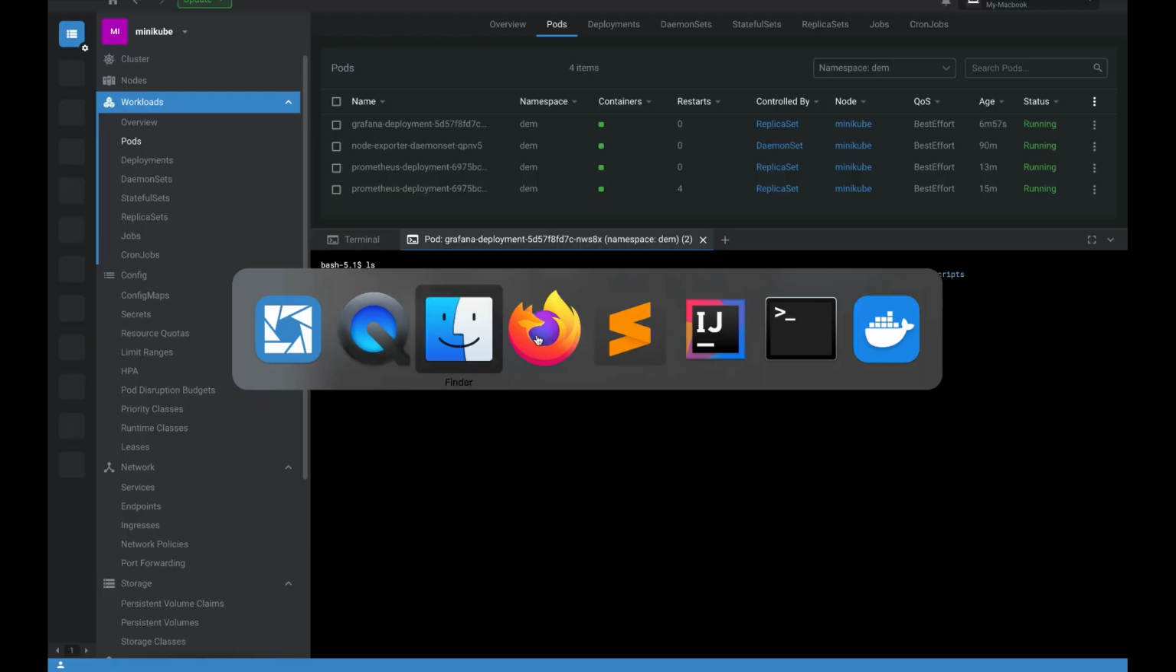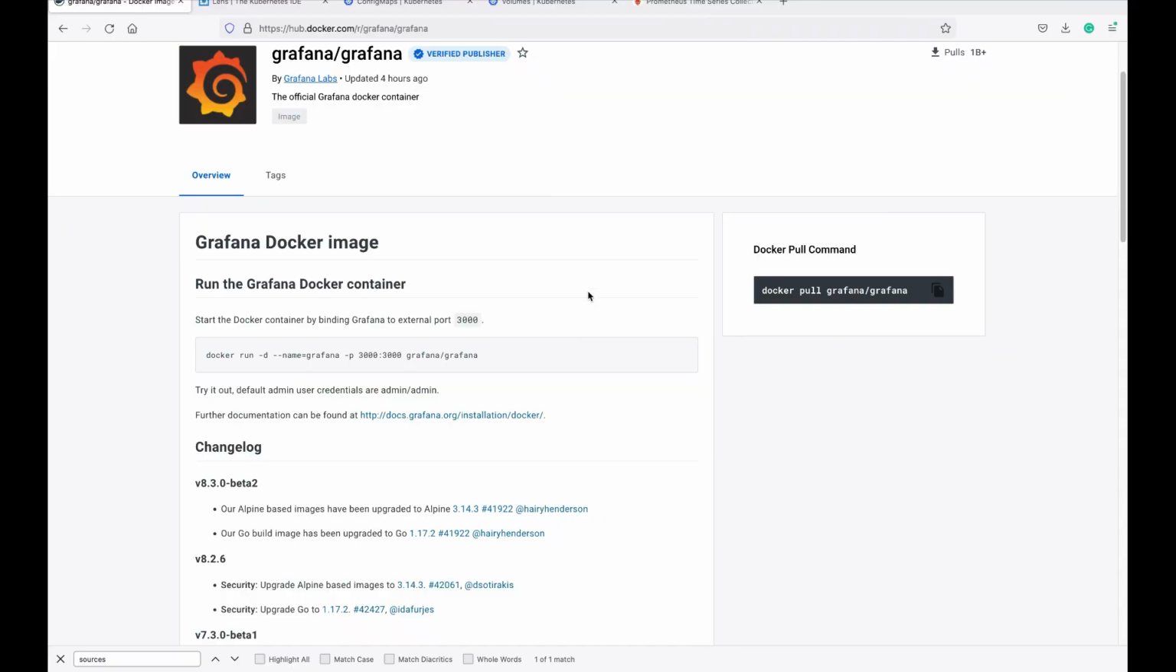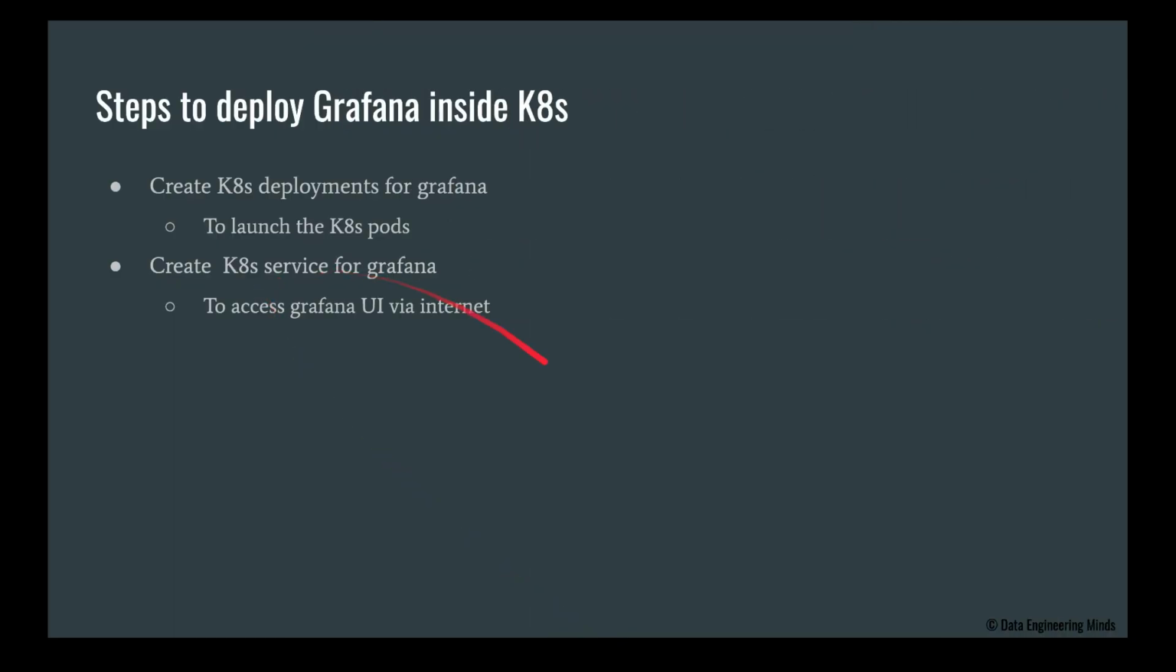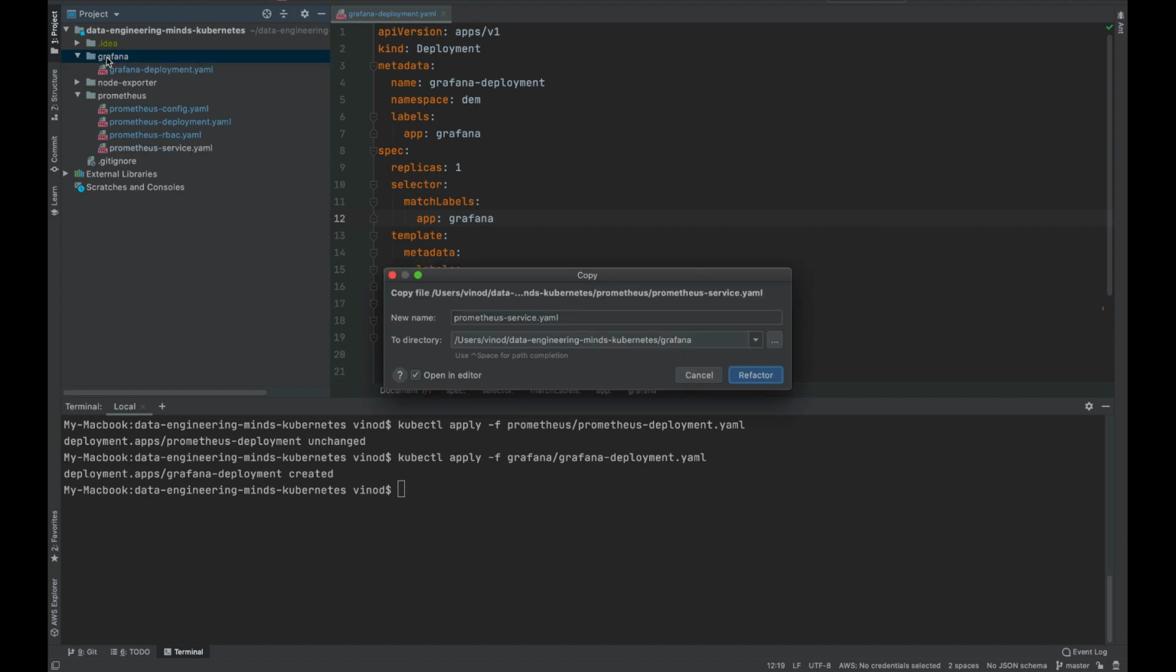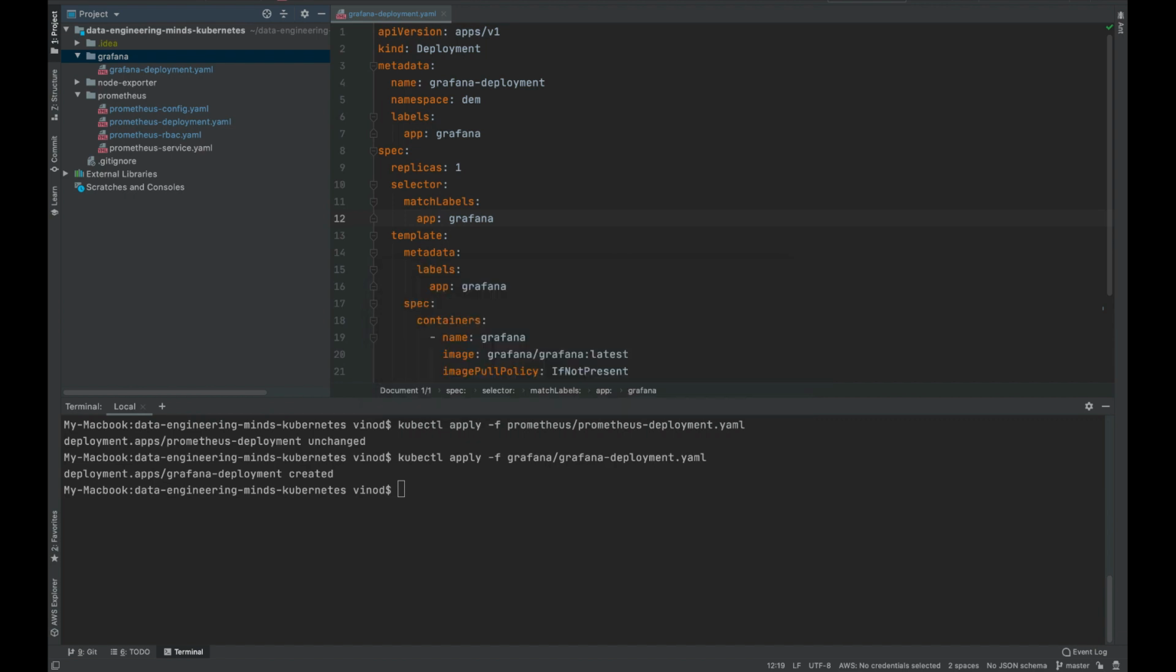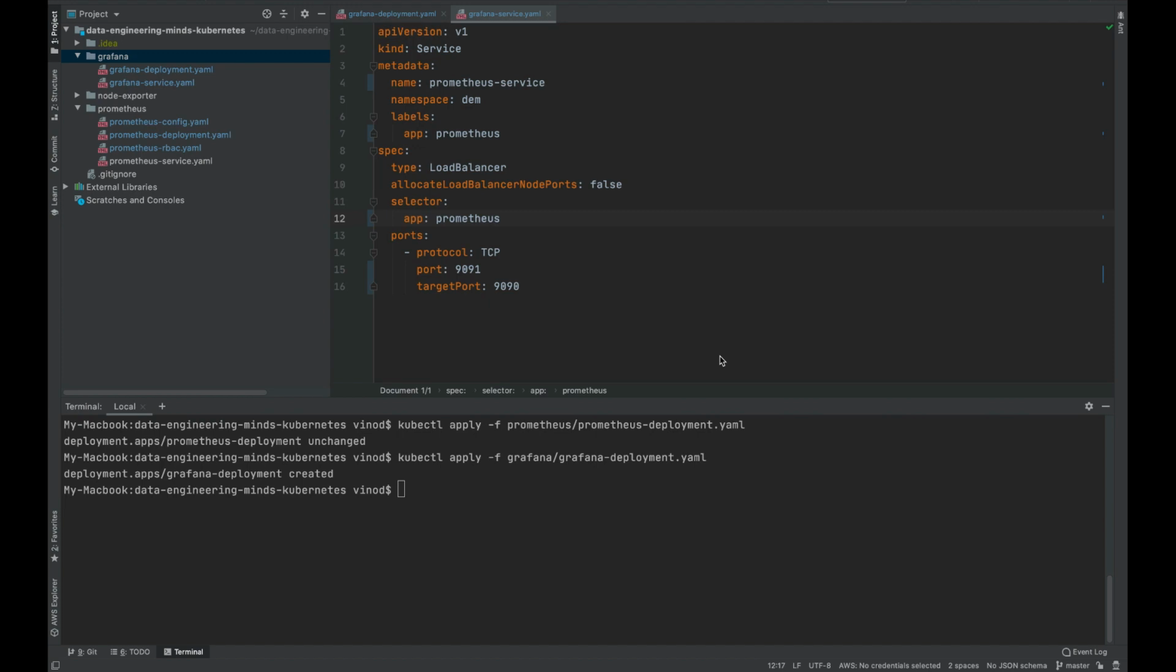So now we completed creating the Grafana application inside Kubernetes. The next step would be to create a service for Grafana. So let's do this. We can just copy what we did for the Prometheus service, paste it here, and rename it as Grafana service. So the name would be Grafana, the app name would be Grafana as well, and we can use the same type of service,